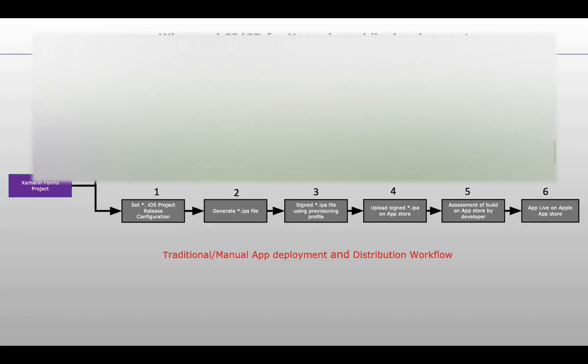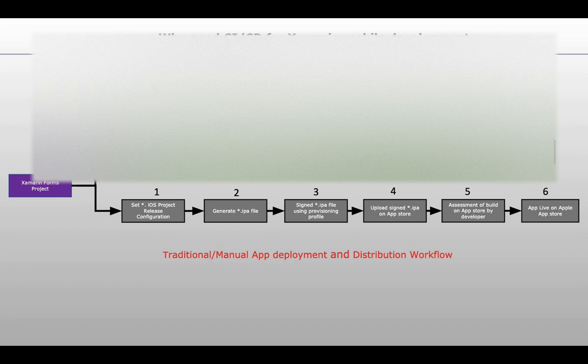If I refer to this workflow, or I would say the steps required to deploy your Xamarin Android and Xamarin iOS, you need to perform these steps. For Android, you need to perform five different steps, besides your key file creation and setting up your app on Google Play Store.